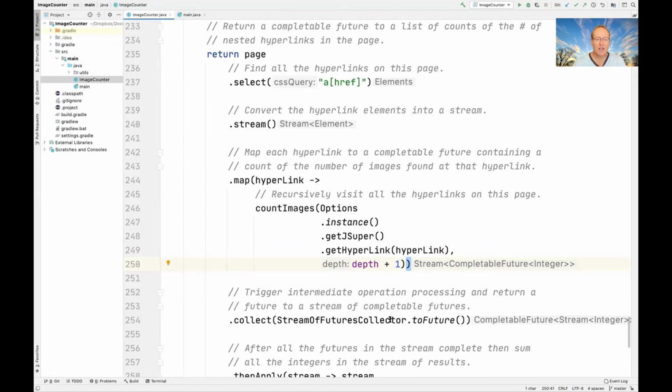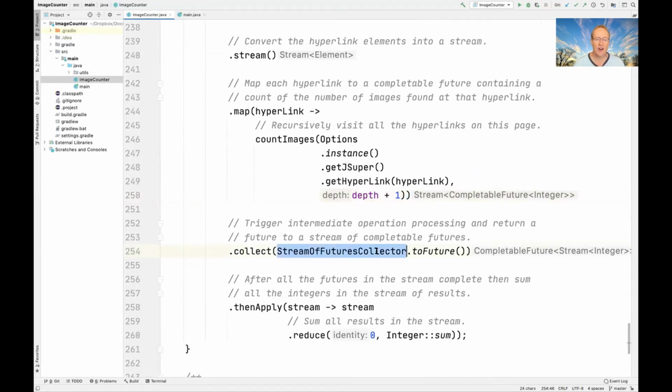And then we go ahead and collect all those things together using our stream of futures collector, a custom collector. So we use the toFuture factory method. That gets us back a single CompletableFuture to a stream of integers. So after all this recursive async processing is done, the one and only CompletableFuture that was returned will trigger. We then have the thenApply method called, and that goes ahead and reduces all the integers